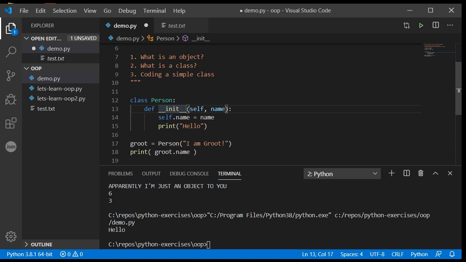So self gets automatically substituted within the template code for whichever object I happen to be. So in this case, it's equivalent to saying Groot.name is equal to name. Hence why I can now print out a Groot.name later on. But I want to use the keyword of self within the class so that if I have multiple objects, in